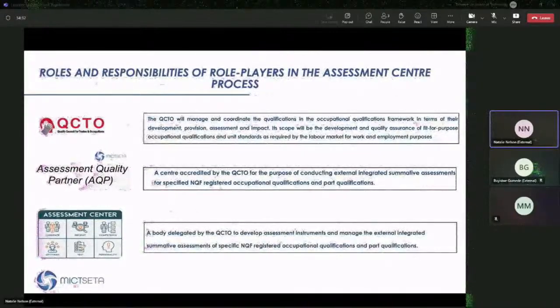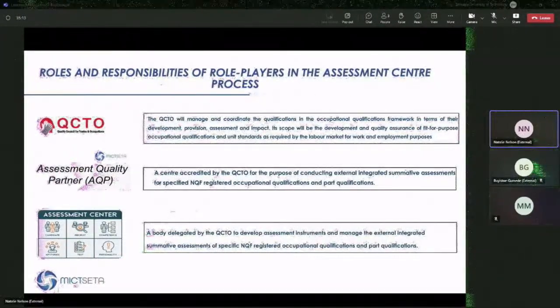I'd like to move on to the most critical part, which is the ESA centers. An ESA center is the last stage of the process where the learner must complete, they don't like the word exam, but technically must complete an assessment. Depending on the outcome of the qualification, it can be a combination of something that is written, and if the qualification has a technical output, something that is technically applied as well. Your ability to technically troubleshoot a system would be an outcome, and you'd need to prove that in and through the ESA.